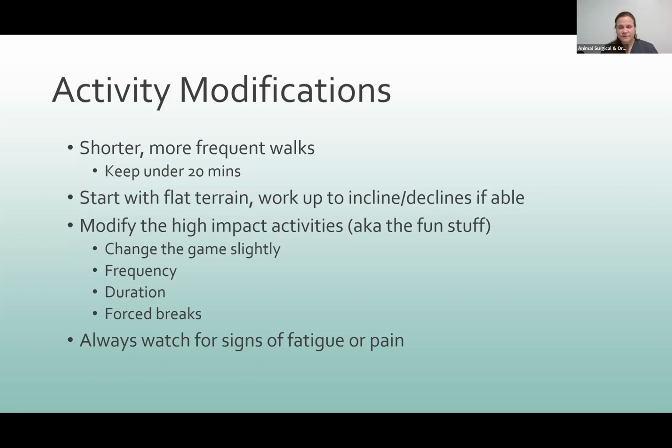Doesn't have to be for 2 hours. The dog's going to have fun. And then forced breaks. Some dogs are really good when they're getting tired. They'll sit down, take it easy. A lot of dogs are not really good at that. And as parents, we would need to kind of encourage owners to say, okay, after 10 minutes, you're back on leash. We're going to just walk around, smell the flowers over here, take a little break,